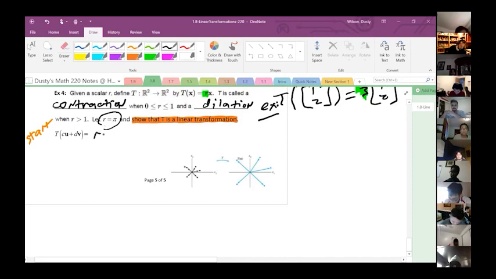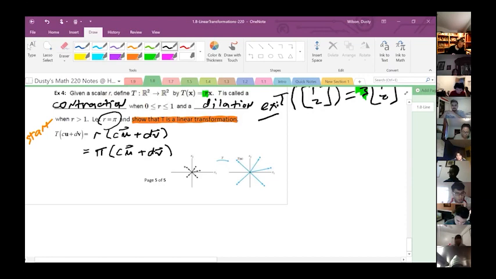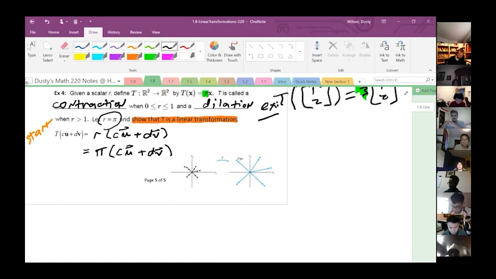So this will be r times CU plus DV, or pi times CU plus DV. And we can distribute that pi throughout. So we have pi CU,